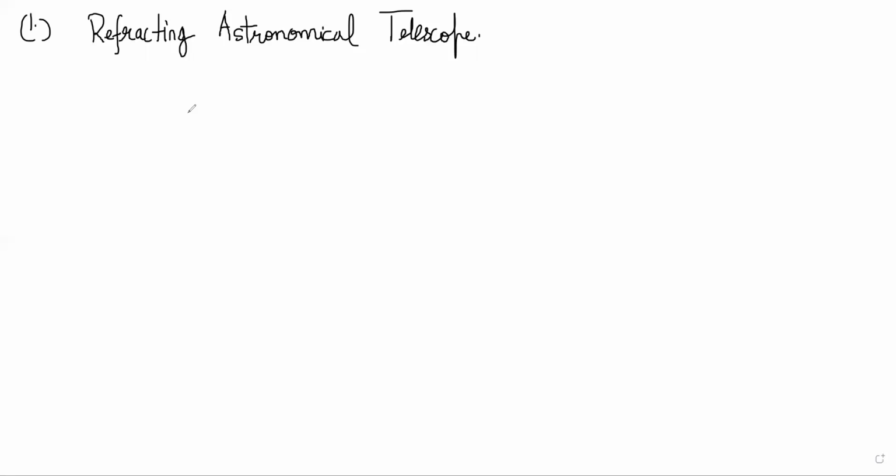Generally, if the objects are very far, they will subtend a very small angular size on your eye, right? They appear very small, and the telescope's job is basically to produce a magnified image of such bodies, and have a larger image size, right? So now a simple astronomical telescope will again consist of two